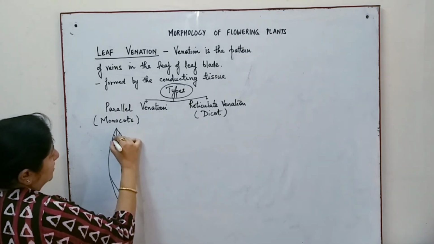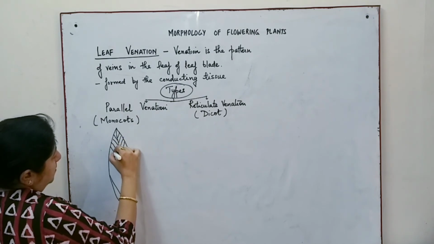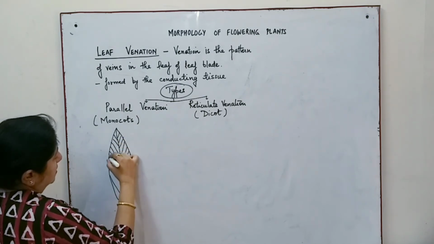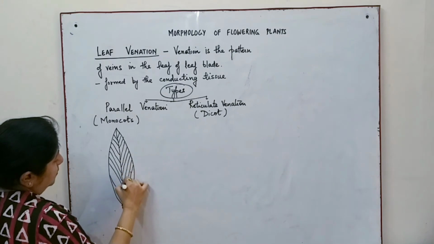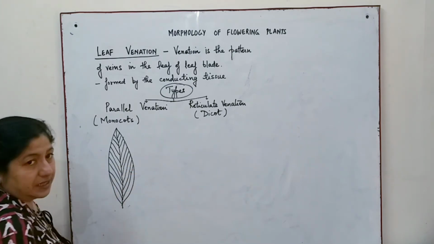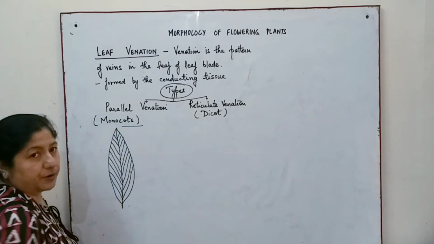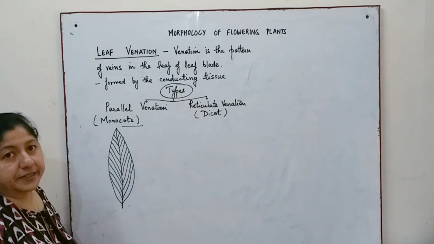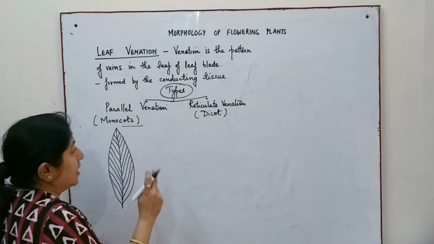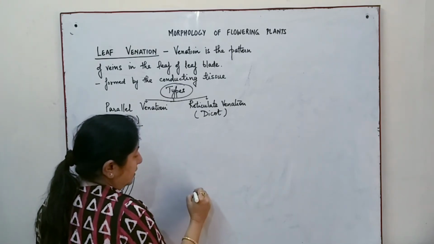Since the veins are parallel to each other, this type of venation is known as parallel venation, and it is generally found in monocotyledonous plants. When we talk of the reticulate venation